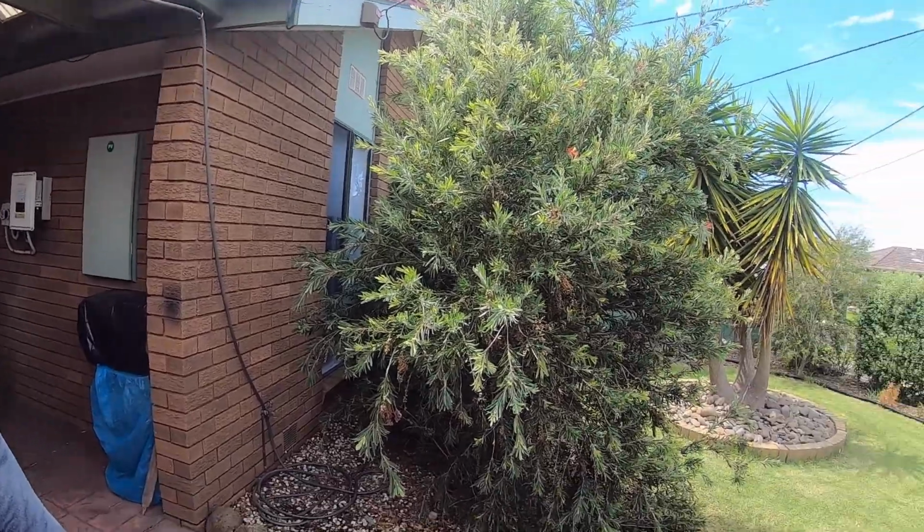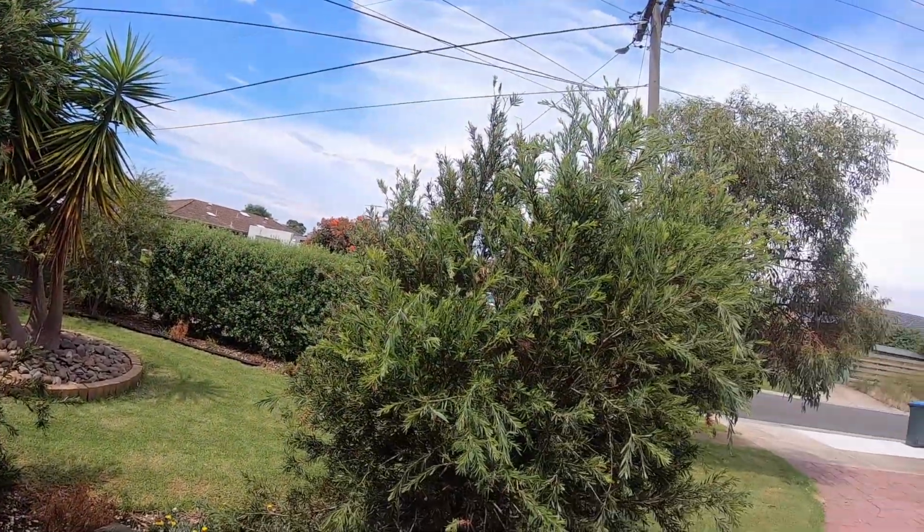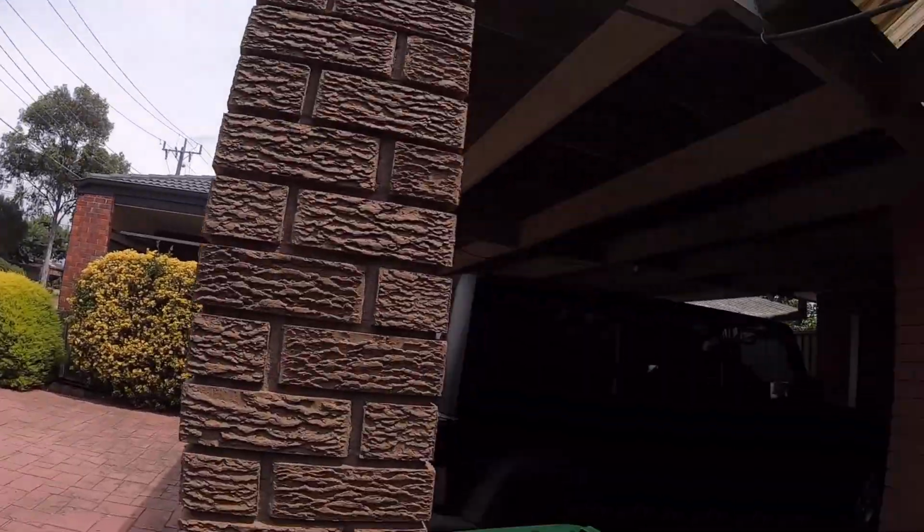Wow, unbelievably hot. Jeez, the temperature's unreal. I've had thunderstorms the past 2 nights, and yet look at it, it's beautiful out here. Anyway,